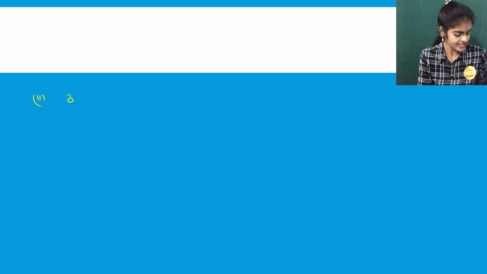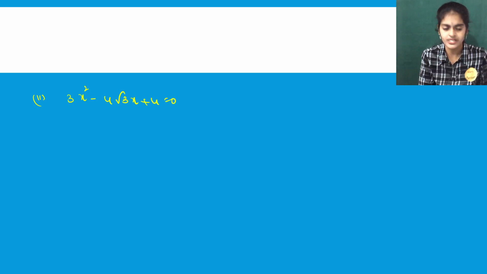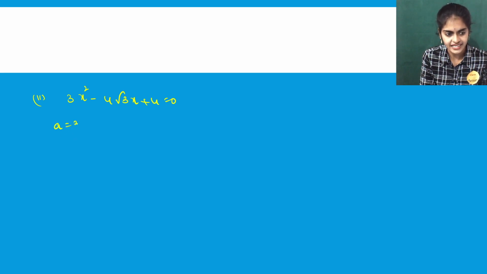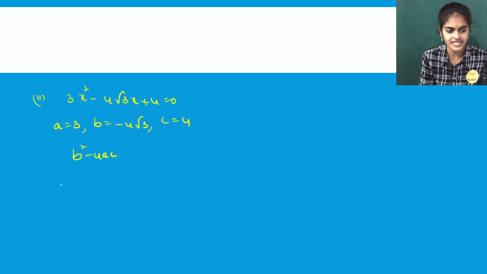And the next question is 3x square minus 4 root 3x plus 4 equal to 0. So here a is nothing but 3, b is the x coefficient, minus 4 root 3, and c is the constant. So b square minus 4ac you will find first. B square minus 4ac is nothing but